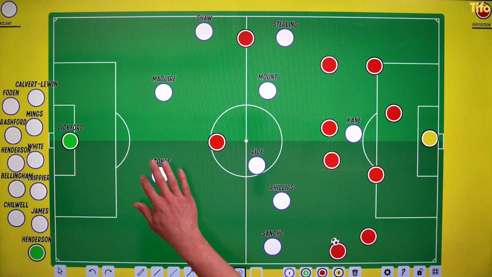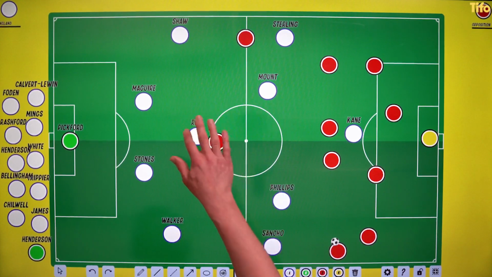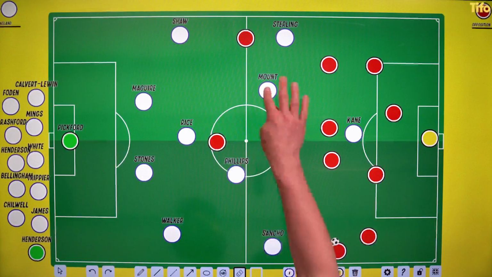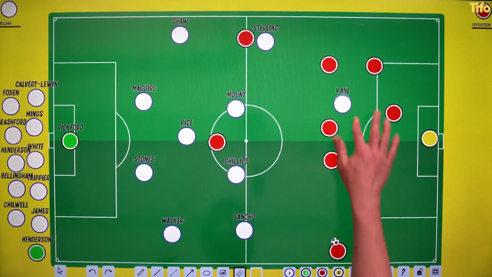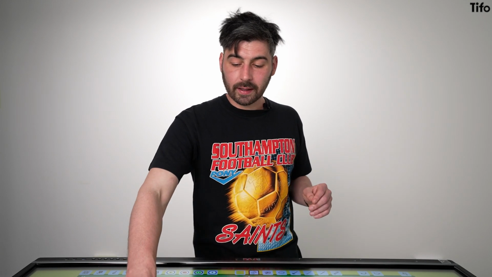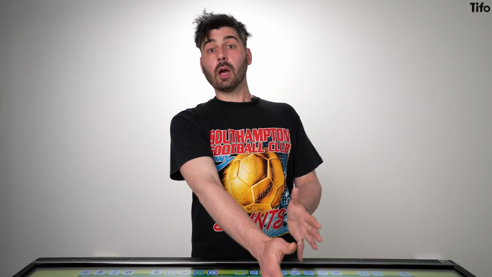And then obviously a low block here will be what you'd expect. Rice at that point will quite often drop back and act as more of a shield, and so it will look more, I suppose, like a 4-1-4-1. Kane will tend to loiter in this space. Although Kane is obviously a technically excellent footballer, he's also very good at taking the ball in the air. He's very good at winning fouls, and so he's a useful outball here. So it makes sense for him to not get massively involved once England are in a low, even a medium block, because they need that outball.